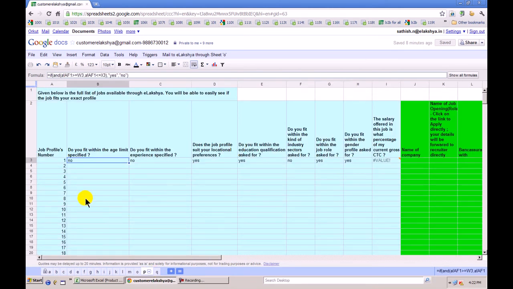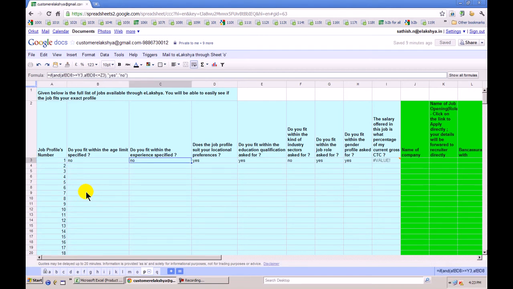As you can see, point number 13, the .elexia file is extremely useful for candidates who seek recruitment. There are several jobs which we as well as various companies keep advertising from time to time. Do you fit within the criterion of these jobs, with the job profile numbers? Assume that there are 200 jobs listed, or 500 jobs listed.